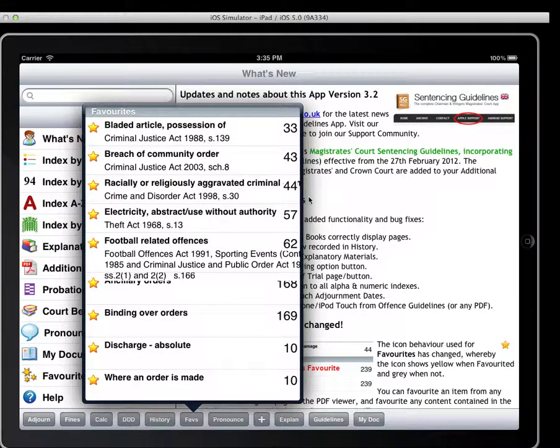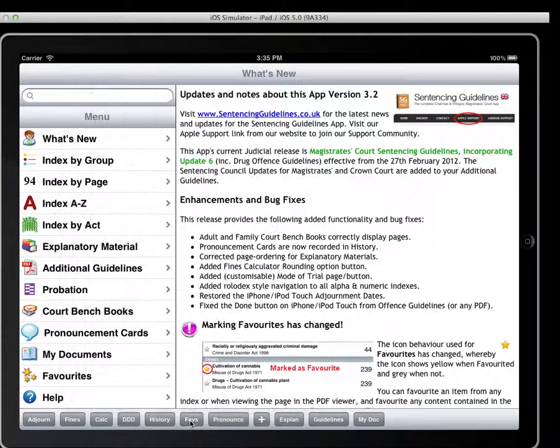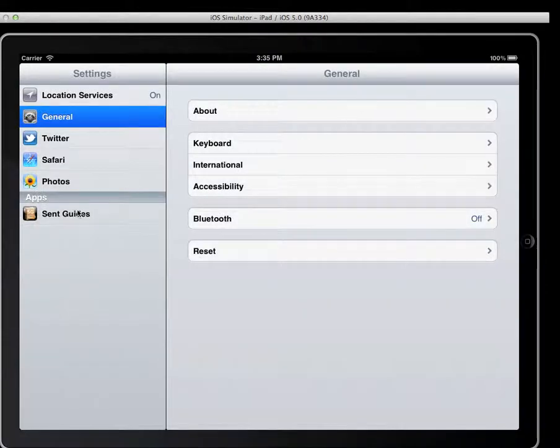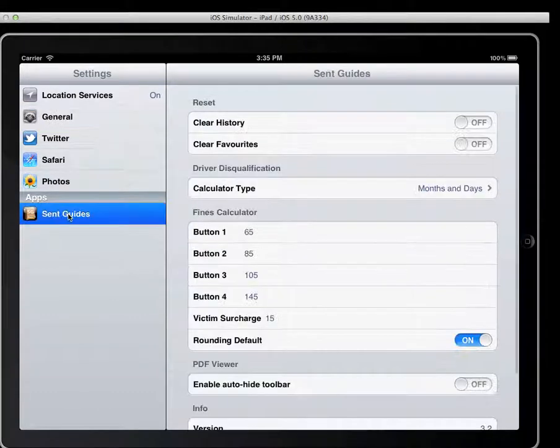And finally, just to cover some of the settings within the application, settings for the fines calculator and DDD, and to clear favourites and history, are stored within iPad settings. So we close the application, we go into settings, and we can see within our applications sentencing guidelines. To clear our history, we simply select that item,